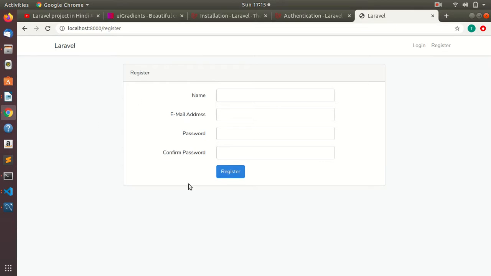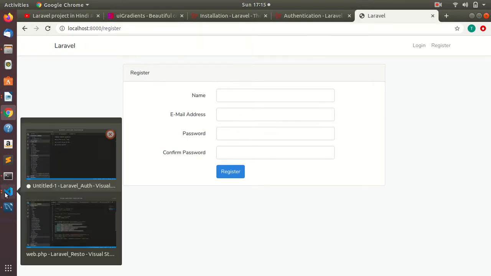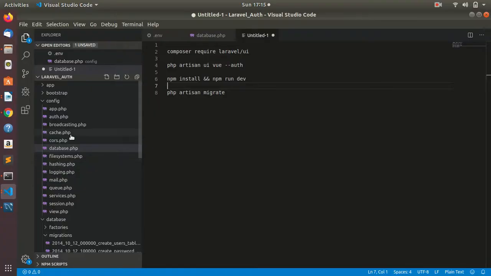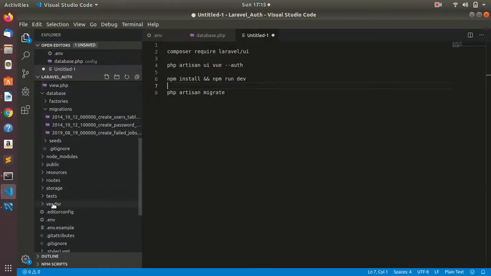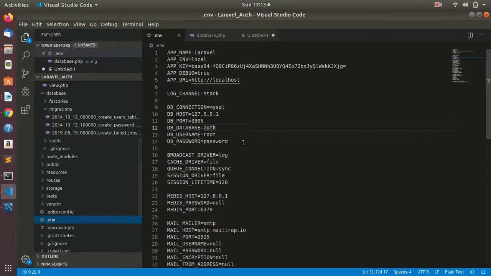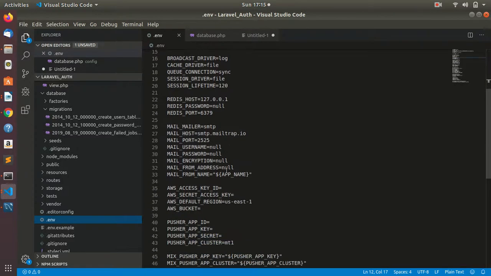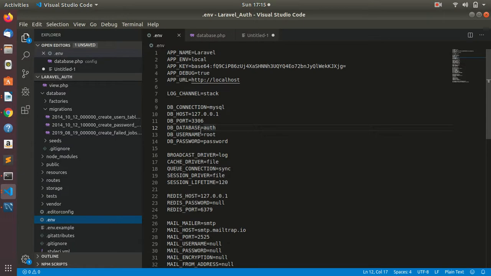Now we need to enter the data of a user to register it and save this data into the database. For that we need to configure our Laravel application with our database. So we need to go into our folder and make changes in the .env file, that is the environment configuration file. Here in the database section we can set the database name.